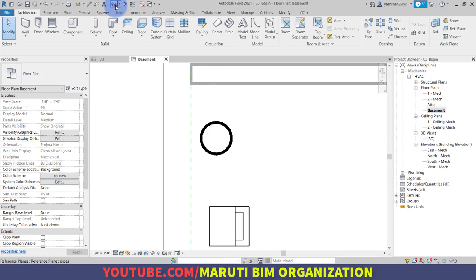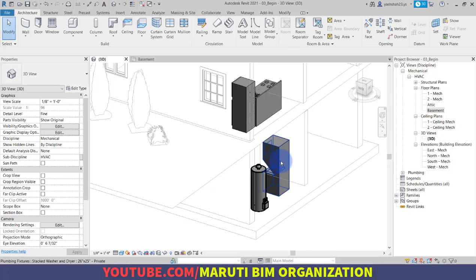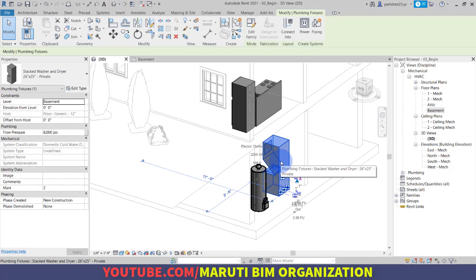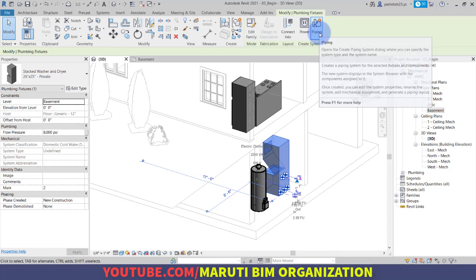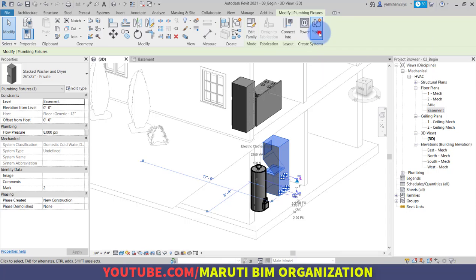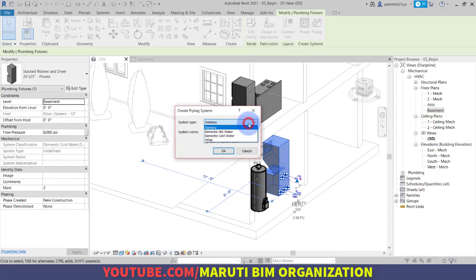I will go to the 3D view and first select the washer and dryer, and there is an option of piping. If I click on piping, there is an option whether you want the sanitary piping, hot water or cold water system. First we will create the hot water system.